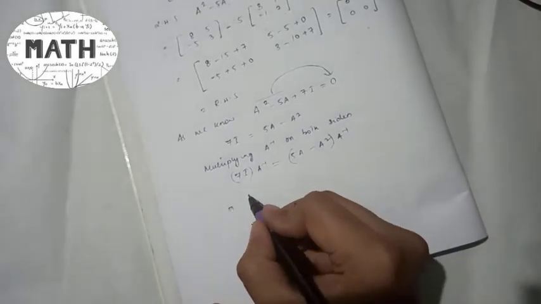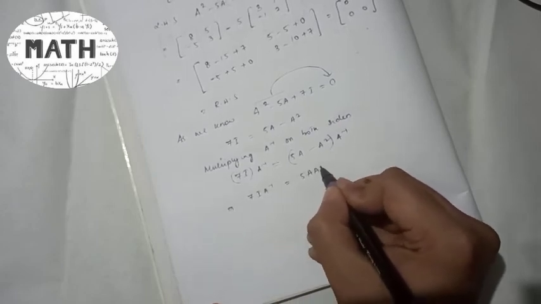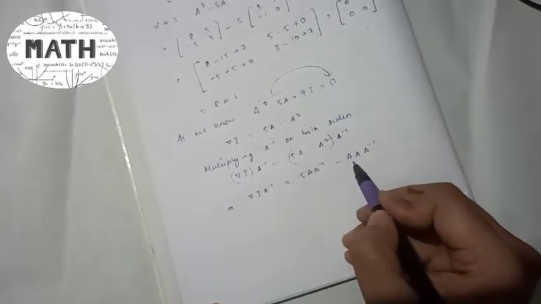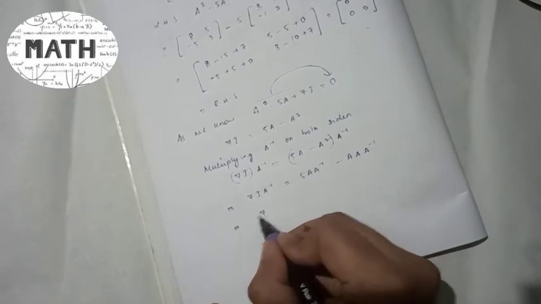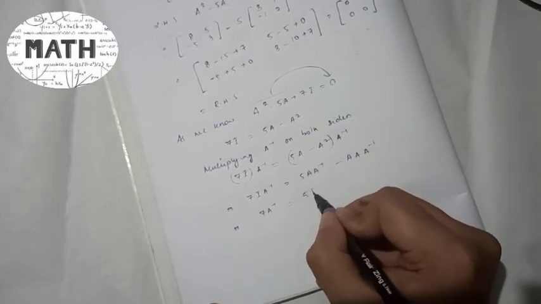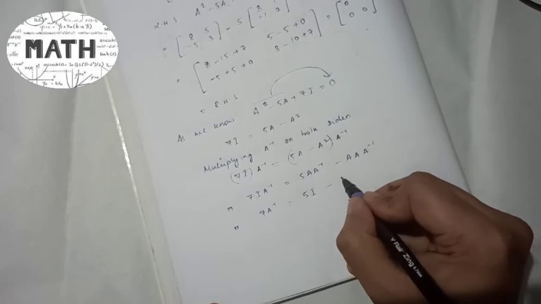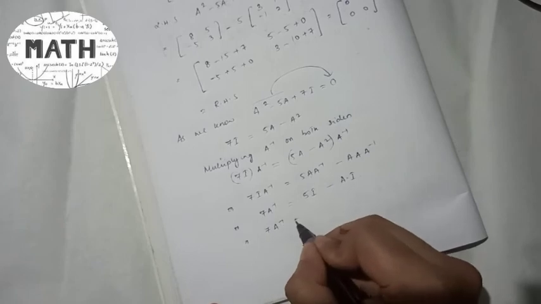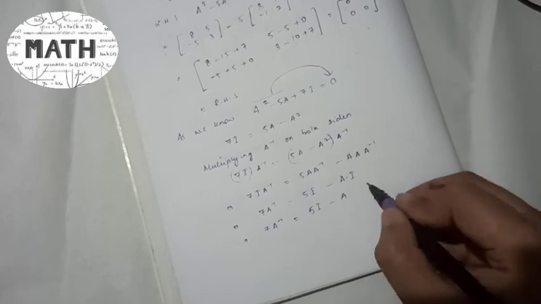So it will be 7I A inverse is equal to 5A A inverse minus A inverse A squared. A squared, I can write down A into A. So I into anything is the same thing, so that will be A inverse. 5 A into A inverse is nothing more than your I, minus similarly A into A inverse is nothing more than A into I. So I got the answer 7A inverse is equal to 5I minus A, which is nothing more than 5